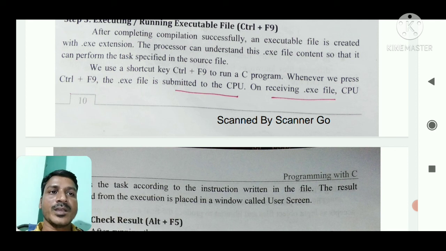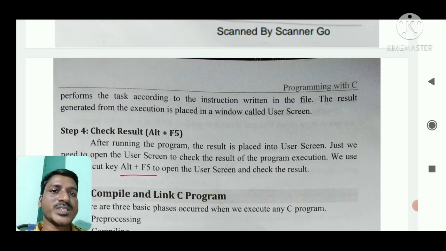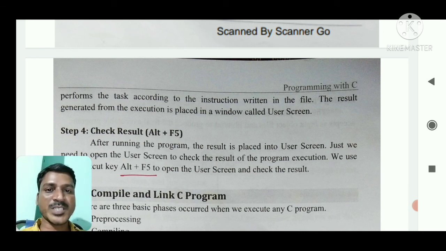Okay. On receiving the exe file, the CPU performs the task according to the instructions written in the file. That means, for example, in our source file we give some specific instructions. For example, we want to display a line of text.